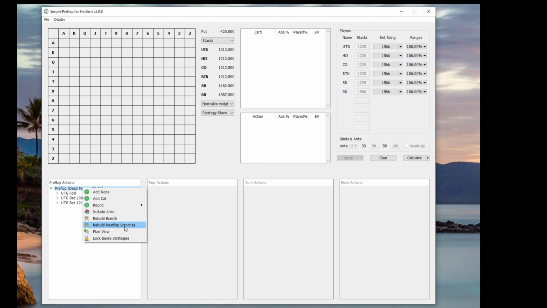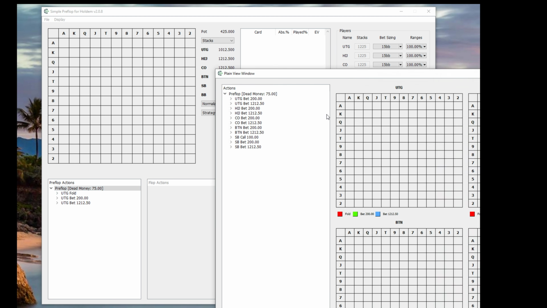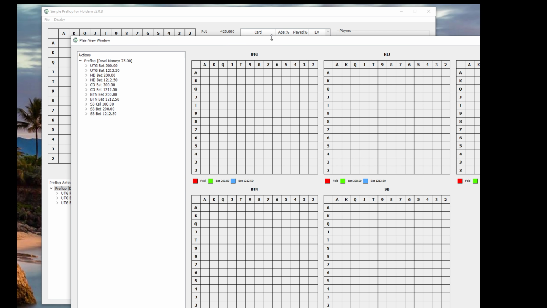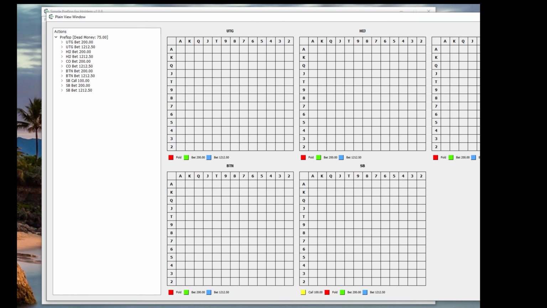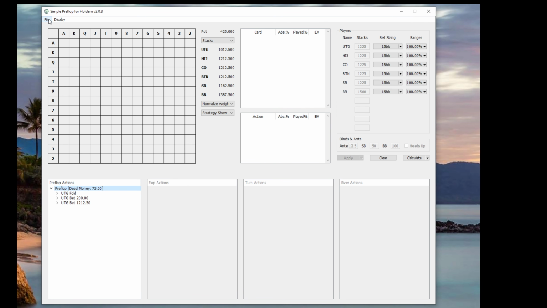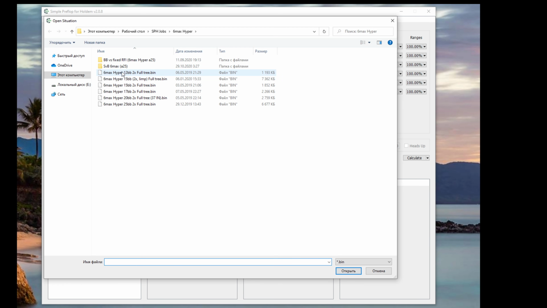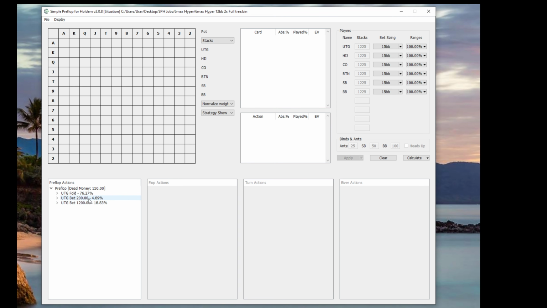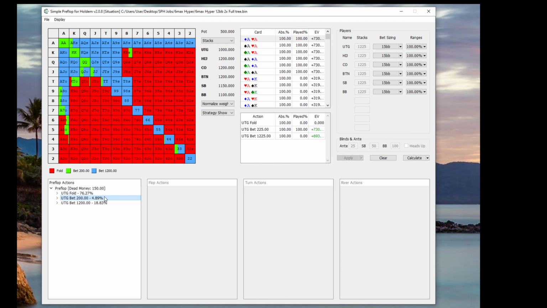Okay, next we have plain view. Well, this one we actually need for the trees that are already calculated, and yeah, why not? Let's talk about it right now. Well, let me open a tree that is already calculated. Usually we see the ranges here in the top left, like this, and we only see ranges for the player that we've selected here, like this one for UTG, this one for hijack, and